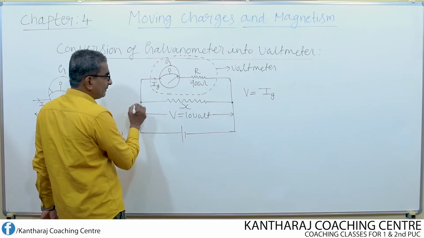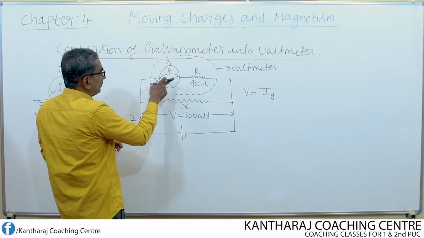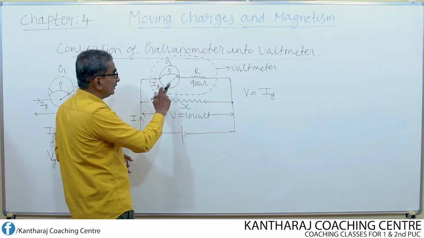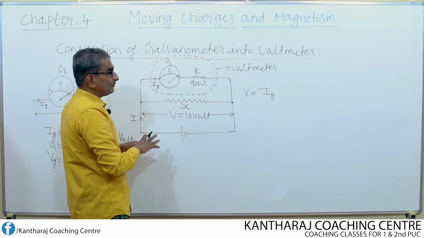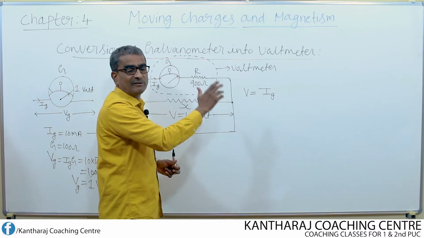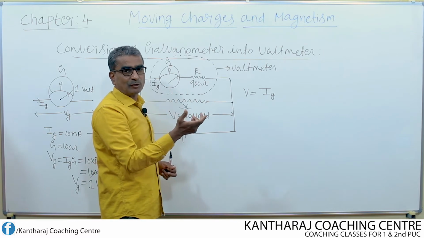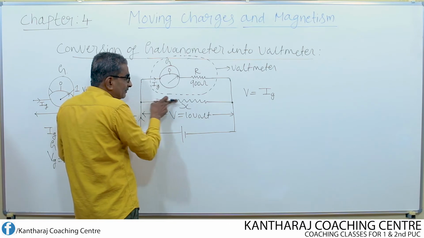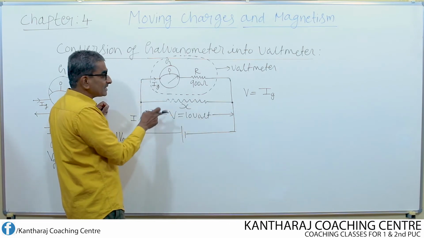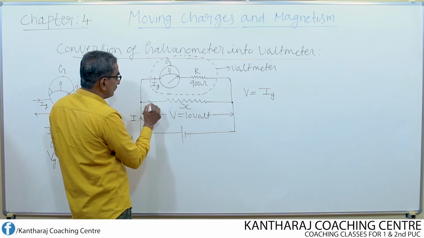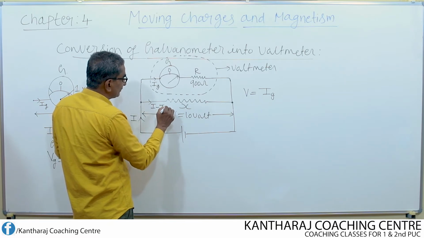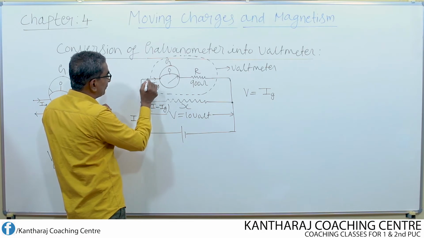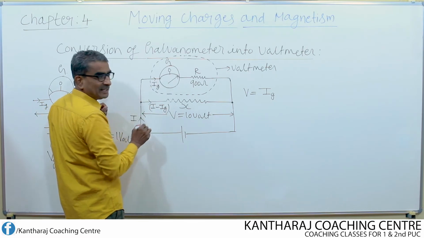This current, soon after coming over here, splits into two parts. Part of the current flows through the galvanometer, only a small current producing full scale deflection. A large current cannot flow through this path because this path now has a very high resistance, and current cannot flow easily through a high resistance path. Now the majority of the current tends to flow through the resistance X itself. What is that current? I minus Ig, because the main current I here splits into two parts. One part is Ig, the remaining part is I minus Ig.